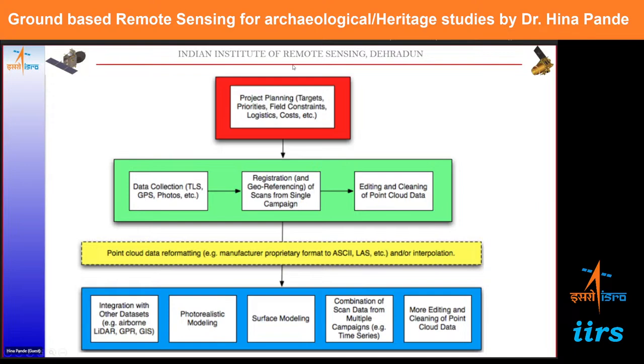So the broad methodology would be that you plan your data acquisition, collect it using laser scanner or GPS and photographs. The laser system is a combination of a laser scanner, a GPS, and a camera. So we get all the three information as one calibrated data set. Then we can register and georeference. Then one has to do, of course, editing and cleaning, etc. We make the point cloud ready for use. And then it can be integrated with other kinds of data sets, or some analysis can be done for modeling or for surface modeling or photorealistic modeling and so